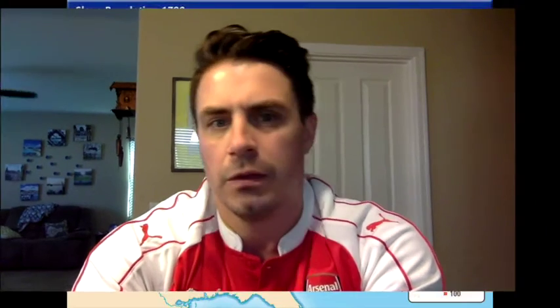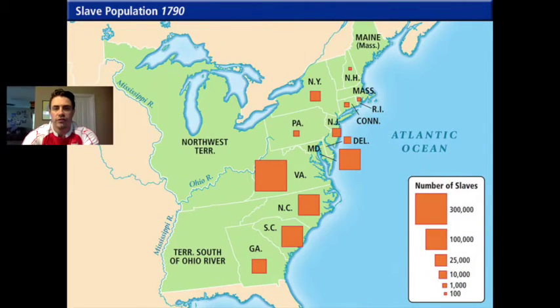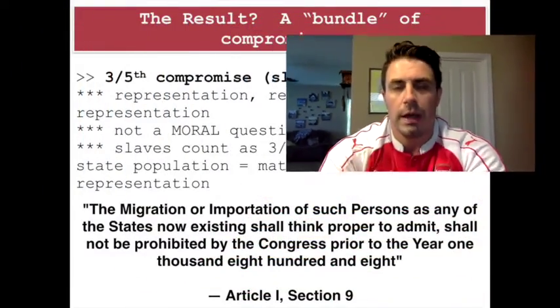So many slaves living in states like Virginia, North and South Carolina, and Georgia could have shifted the balance of power in the United States tremendously towards the South. So northern states, if they couldn't get slavery banned on moral grounds, had to fight it on political grounds, and representation was really the cornerstone issue involving the Three-Fifths Compromise. Now, your average person in the United States counted for one vote. And